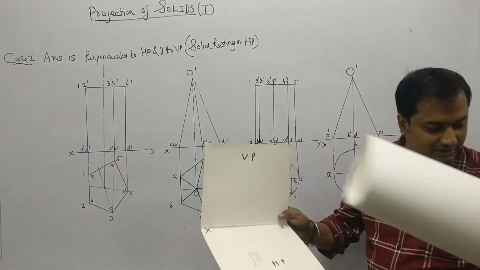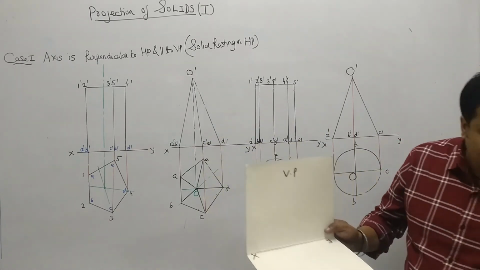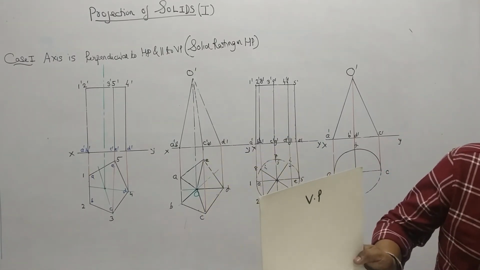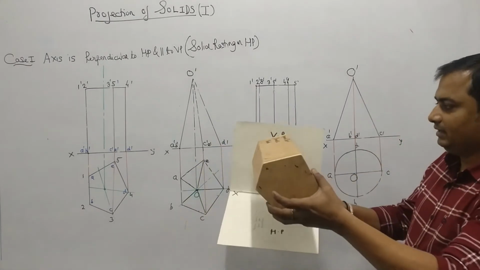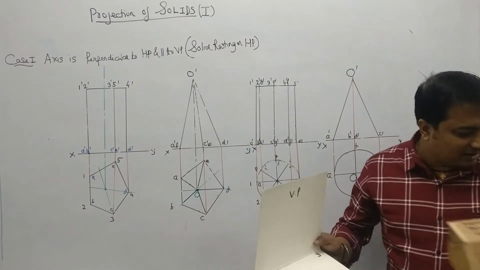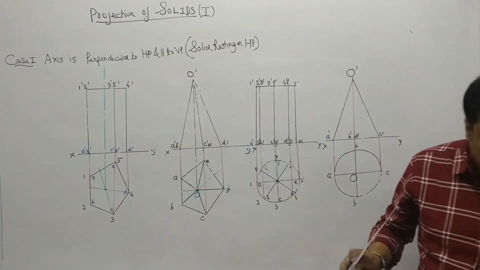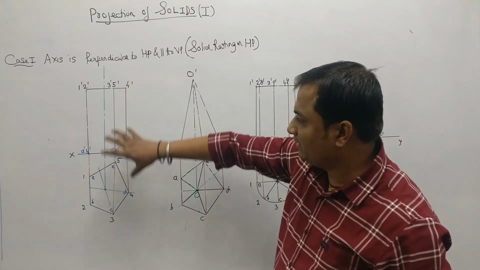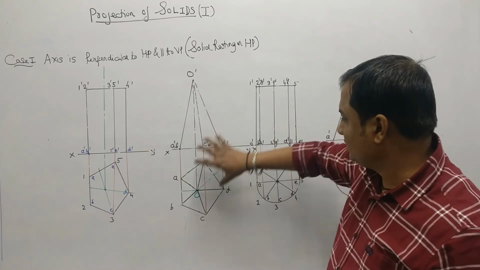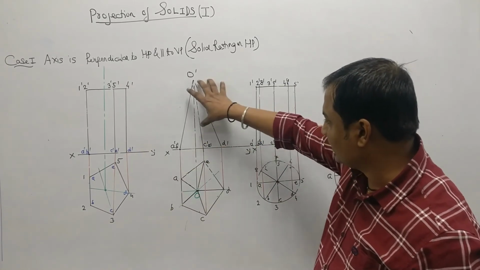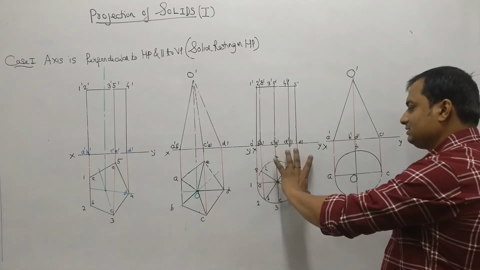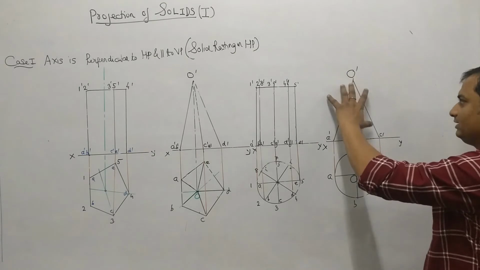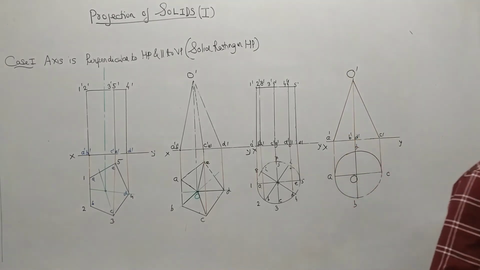So if I talk about the cylinder, the cylinder will be looking like this. This is the second case for the cylinder. For the cone, this is the second case for the cone resting on the VP. Similarly the pentagonal prism will be resting like this. So what I am going to obtain is all the views in a reverse manner. That means this pentagon will be in the front and this rectangle will be in the top. Similarly for the pyramid, this pentagon will be in the front and this triangle will be in the top. Similarly for the cylinder, the circle will be in the front and the rectangle on the top, and for the cone, the circle will be in the front and the triangle will be on the top. So that will be the second case.